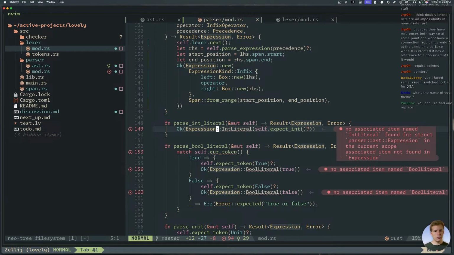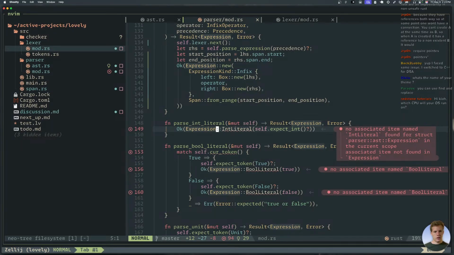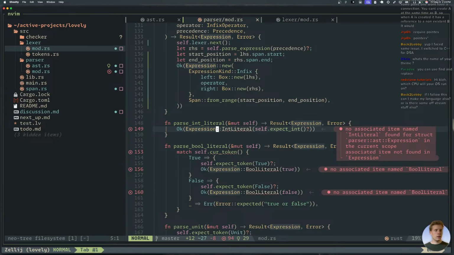Hey Kai, what CPU will your OS run on? x86-64 Intel is the architecture. If I follow this, can I make my language also, or is there some off-stream stuff also? If you follow this, yeah, totally, absolutely. Except this might be the longer route to do it.